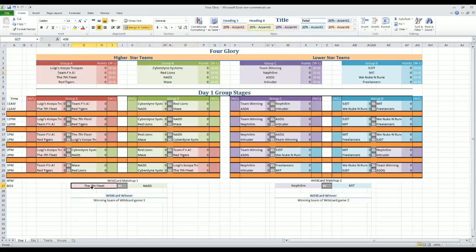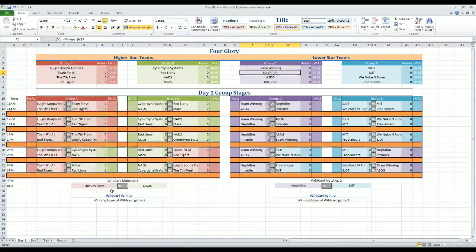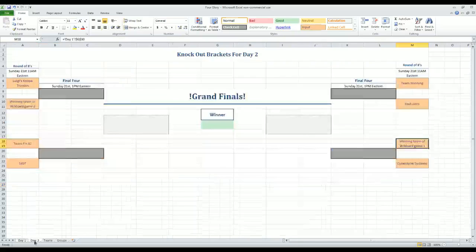And then there will be a wild card matchup between the 2 third place teams in A and B, and there will be a wild card matchup between the second place teams in C and D. So we see the schedule. The wild card game will be a best of 3 game. There should be plenty of time in the schedule to allow for that, and that will leave to day 2,